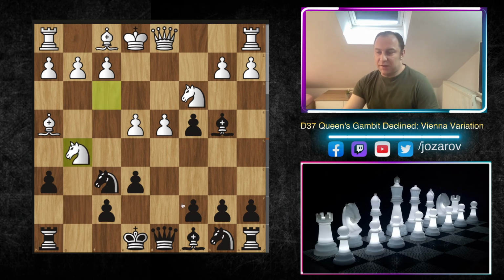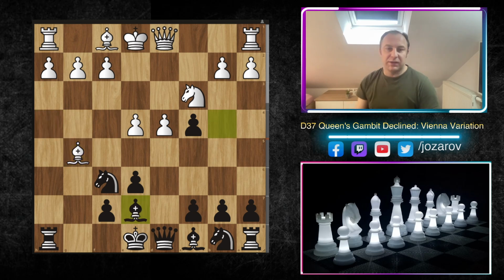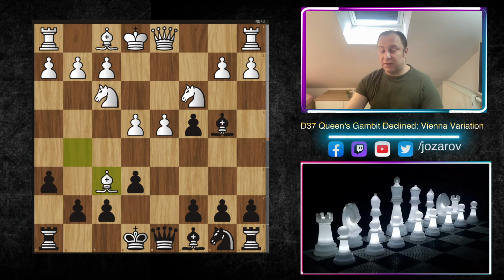Even if you try some ideas of knight to g5, h takes g5, bishop takes g5, still we can step back and we can defend everything. So this is not something that White should do. So after h6, bishop to f6, we can play queen takes f6, and now after bishop to c4,